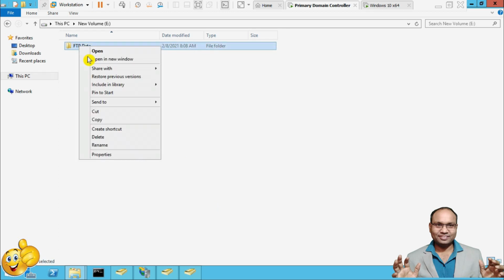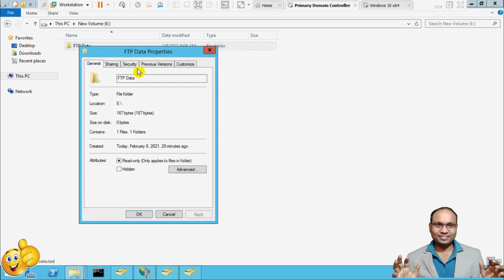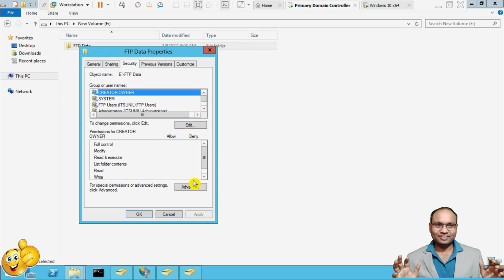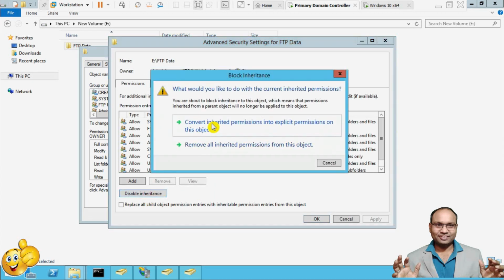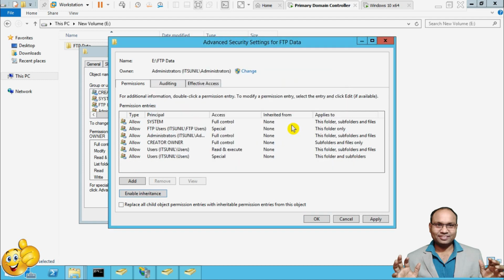Right click on it and go to properties, go to security and click advanced, and disable inheritance and convert inherited permissions into explicit permissions. Now delete all users.